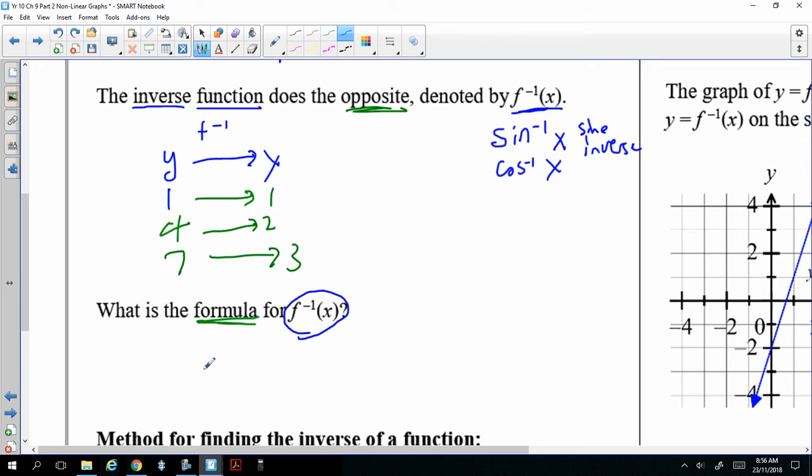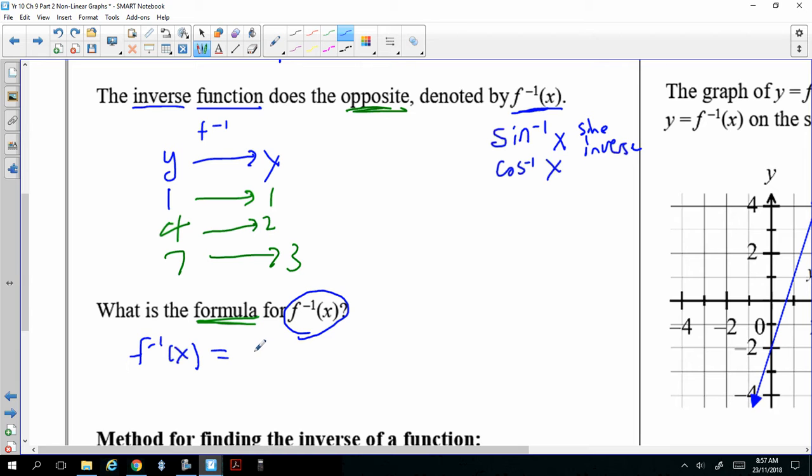Who said? f inverse is? Oh, Damien, maybe you have the answer. What did you say? Said what? Yeah, but what's it equal to? The formula. So if I change y back to x,